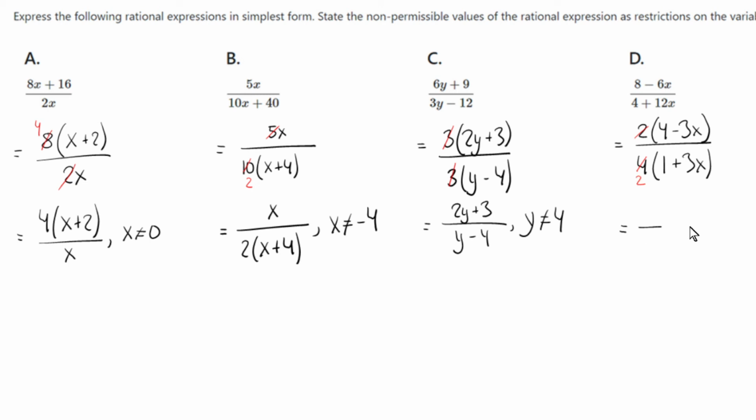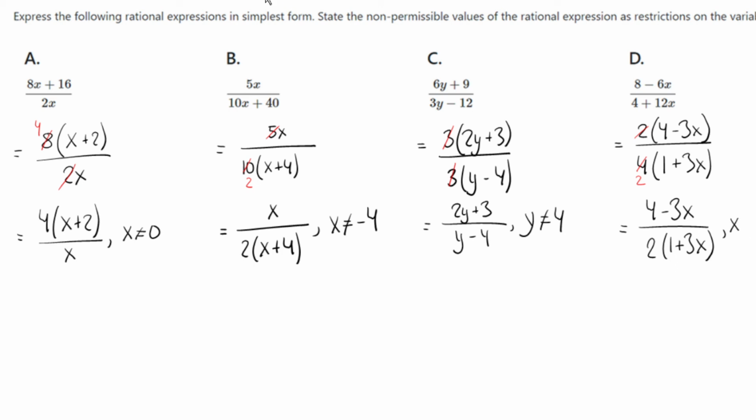And we're left with, in the numerator, 4 minus 3x. In the denominator, 2 times 1 plus 3x, where the non-permissible value for the variable x is going to be that x,